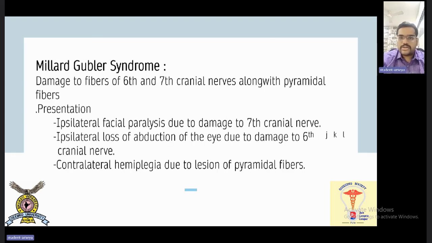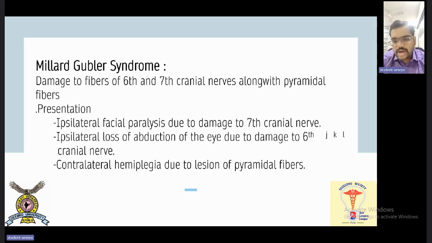Second is Millard-Gubler syndrome. Millard-Gubler occurs due to damage to fibers of the sixth and seventh cranial nerves. So there is ipsilateral facial paralysis because of damage to the seventh cranial nerve, and ipsilateral loss of abduction of the eye due to damage to the sixth cranial nerve. We all know that the primary action of the lateral rectus is abduction. What do you mean by abduction? Abduction is away from the body and adduction is towards the body. So that's why there is ipsilateral loss of abduction, because there is ipsilateral involvement, and